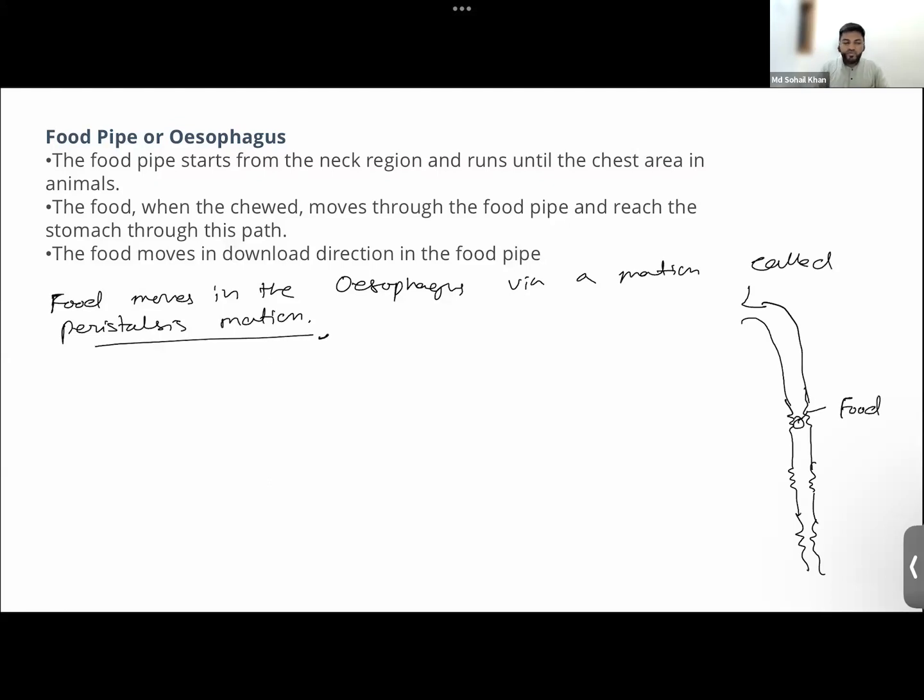Okay, guys. So sometimes what happens now? A piece of food particle from our stomach comes back to our mouth. This might have happened with you guys as well. Like if the person is suffering from indigestion, or let's say the person is suffering from food poisoning. In those cases, the food particle might come back from the stomach to the mouth.